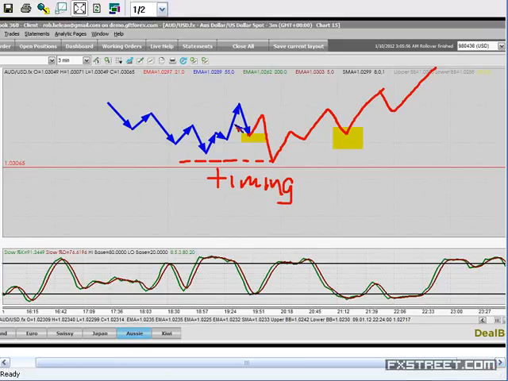Now, I'm no oscillator fan because... you know what's really worse, Hulk, is when you have direction for the day and you don't manage to get into it, you pick a zone, you even take a loss or a break even, and then it goes a couple hundred pips in your direction. That's what irks me.